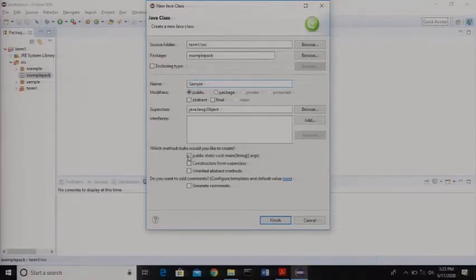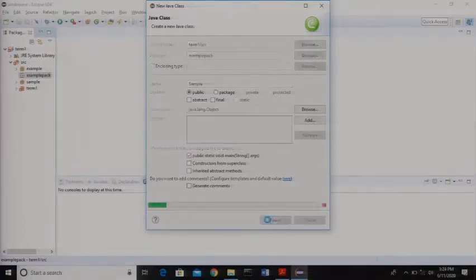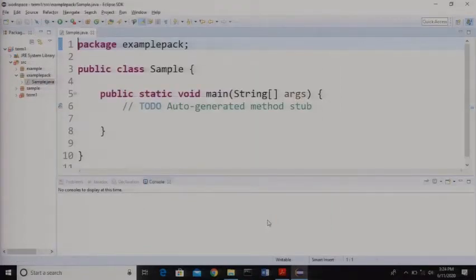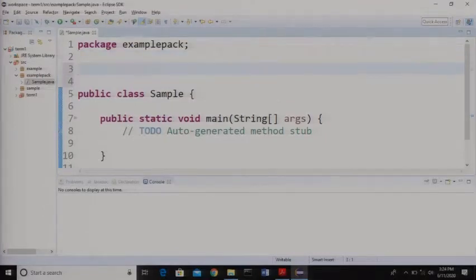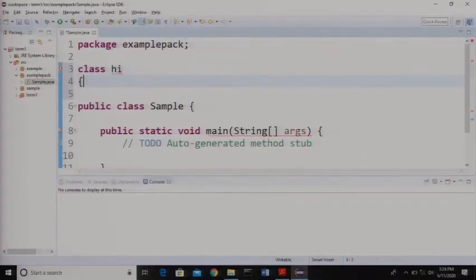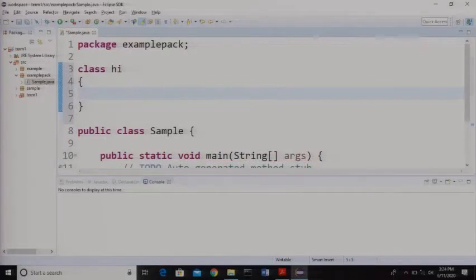So here is our sample class, but let me begin with the hi class first, that is class hi. See, so far whatever we have discussed, let's try executing all that.